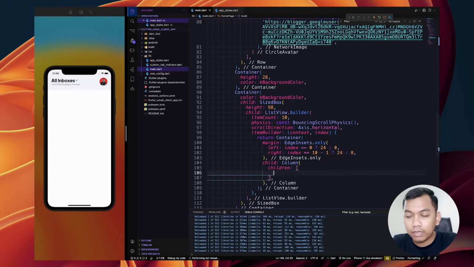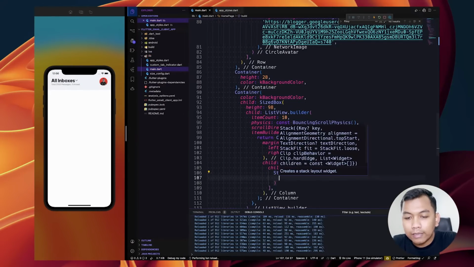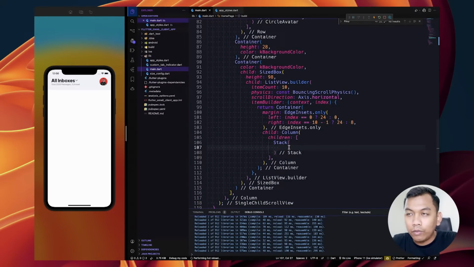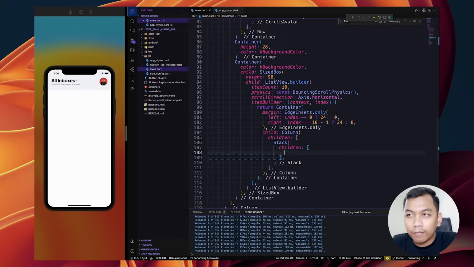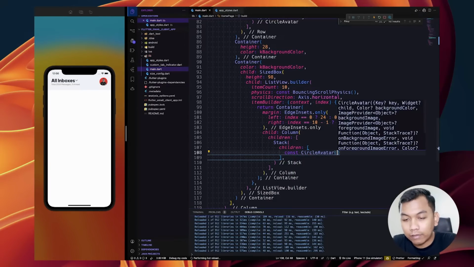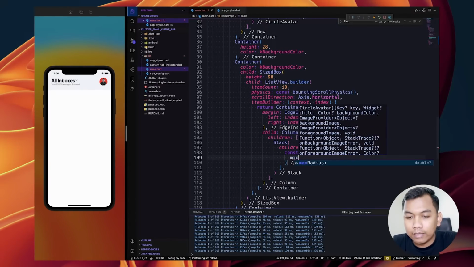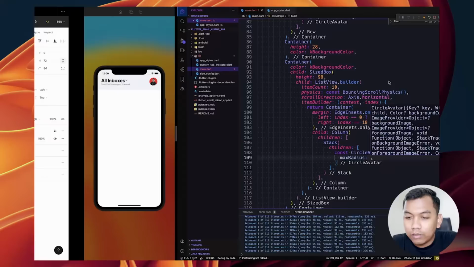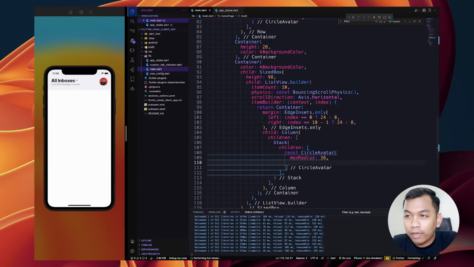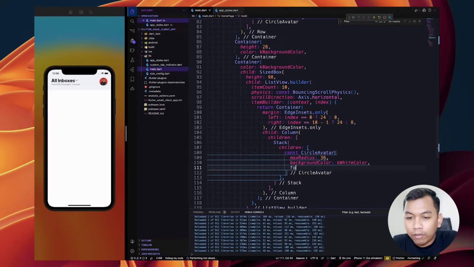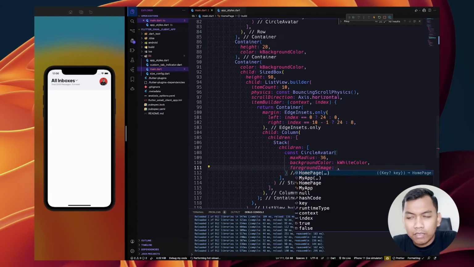Alright, and the first child will be a Stack widget, and as you can see here, Stack widget will have children again, and for the children we will have, how about CircleAvatar for simplicity. So we can just set maxRadius and the radius is 36, and background color will be white color, and foreground image will be email service image.